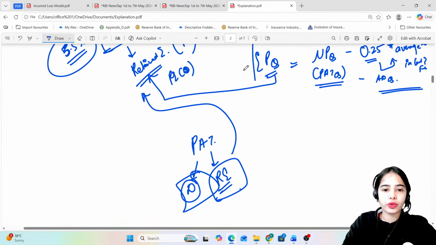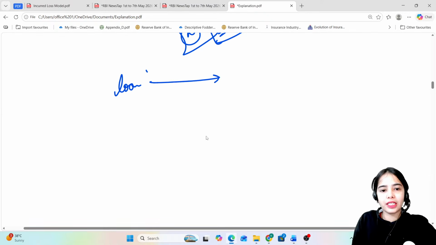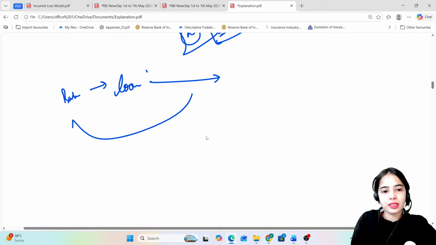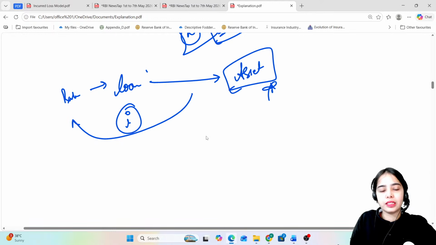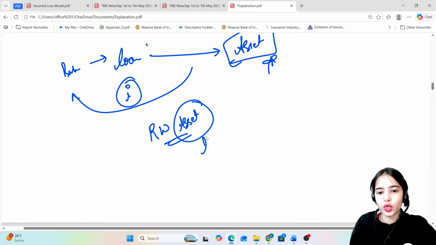First of all, you have to understand that if a bank is providing a loan, is this an asset of the bank? Yes or no? If a bank is providing the loan and earning interest on this, this is an asset for the bank, because the bank is earning returns on this money. But the loans have risk. That is why we talked about the risk weighted assets. The loans have the risk attached.